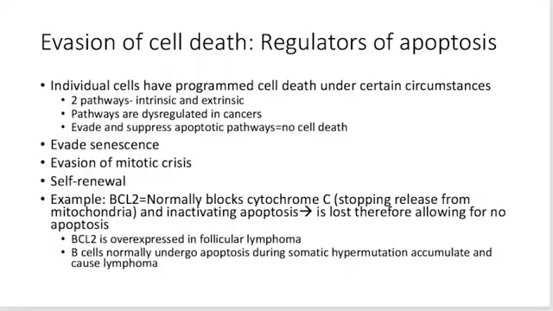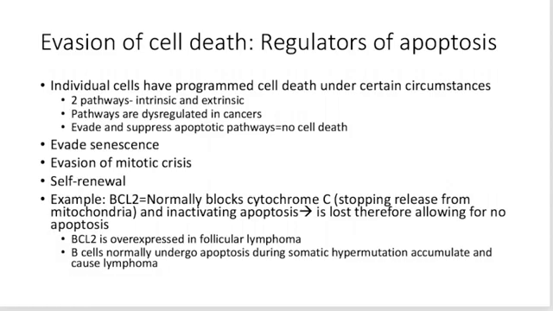Another way that we have changes related to the neoplastic process is evasion of cell death. Remember that we have that individual programmed death called apoptosis, where under certain circumstances the cell will dismantle its components and then be consumed by the macrophages. That does not have inflammation that follows it. Remember that we have those two pathways, intrinsic and extrinsic.